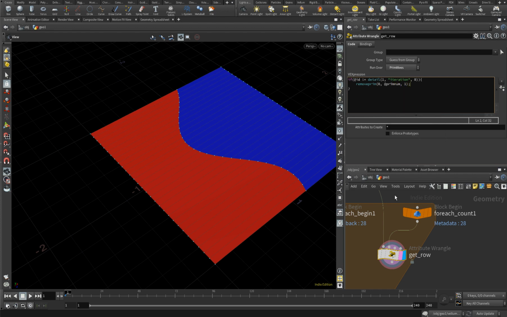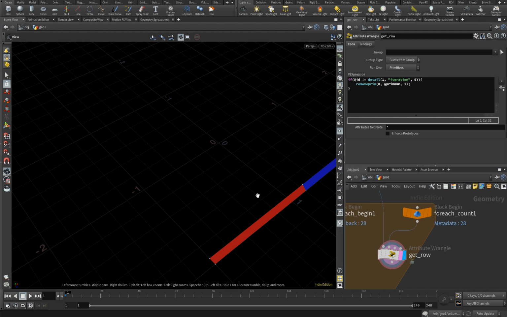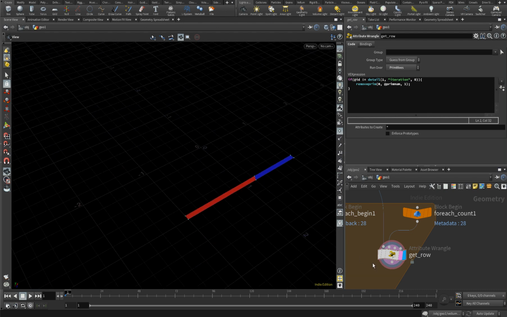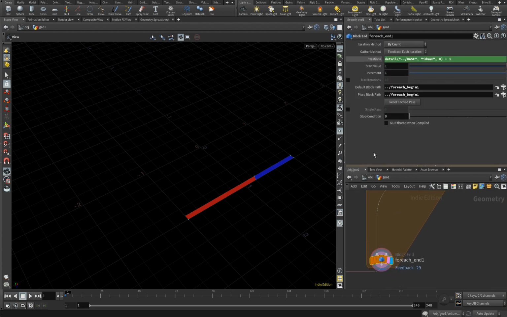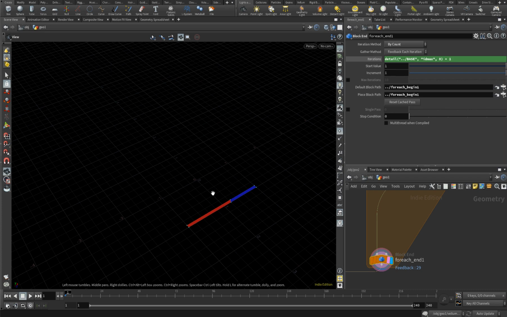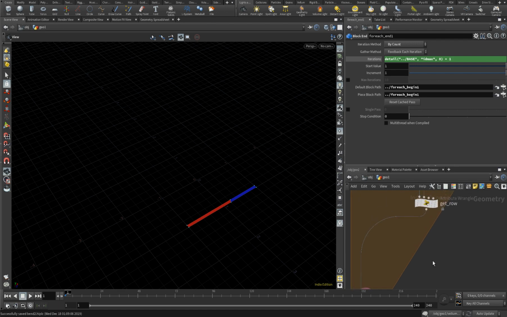Also, let's delete the point. And I got the last one, I think. So let's connect that to the for each end and see if I really got each row by checking the single pass. And yes, I seem to get each row with a pair of primitives, left and right. So that's good. Let's go back, uncheck the single pass, save it,